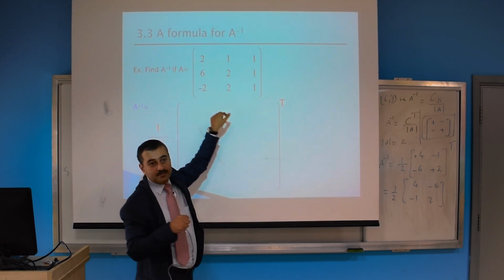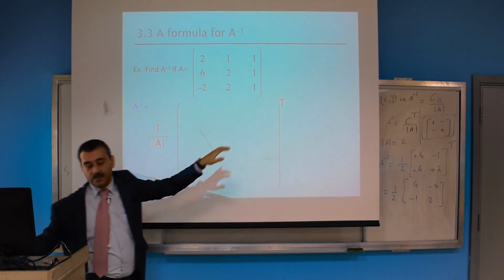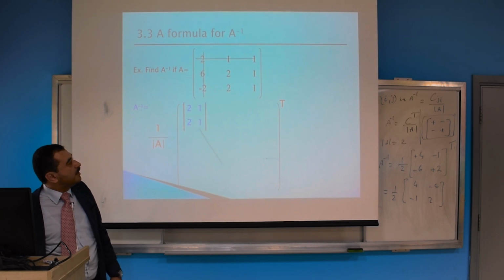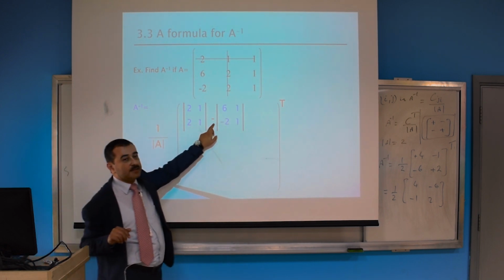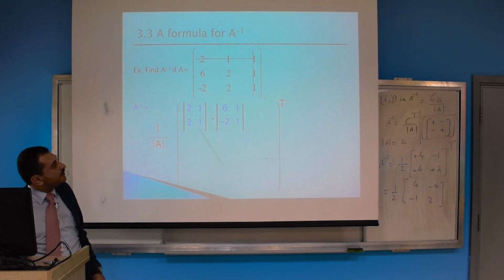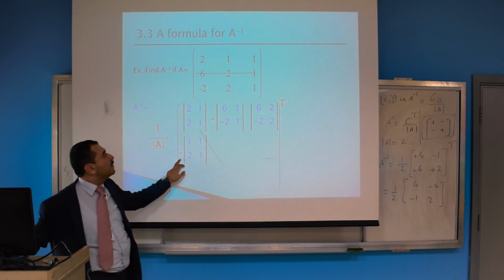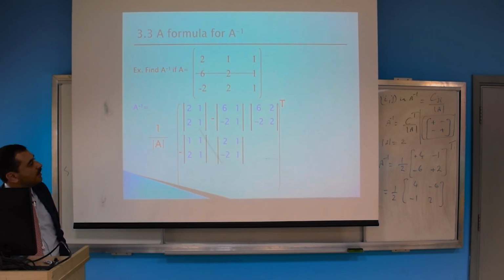So what I'm going to write in the first entry: cover the row and column. So it would be this minor determinant, positive. Cover row and column and write the minor determinant, it would be positive. The next one, cover the row and column, write the minor determinant, and here we'll have a negative sign. Then the third entry, and move to the second row, repeat, negative here, positive, negative, positive, negative, positive, and so on.